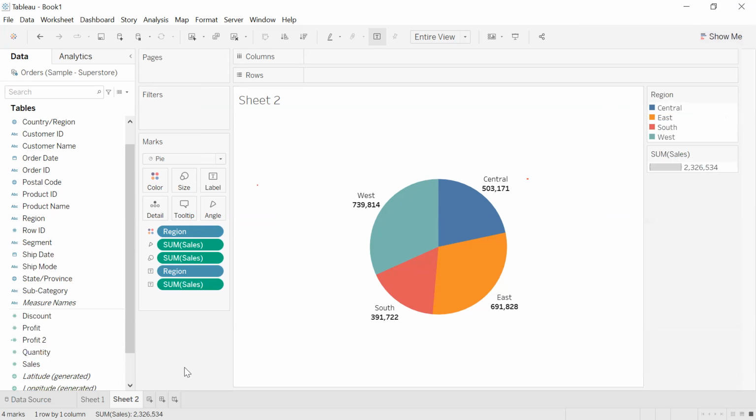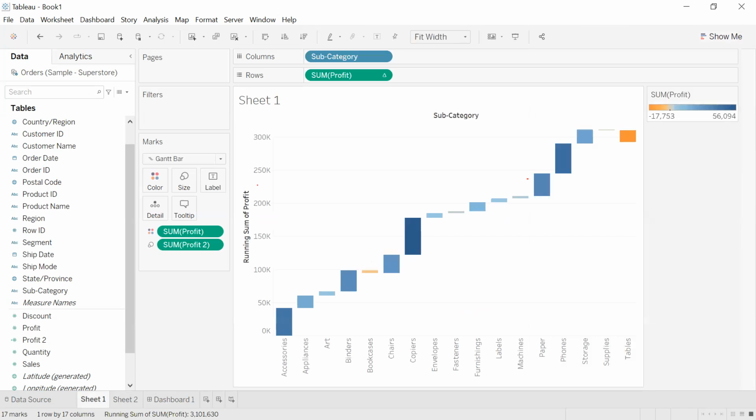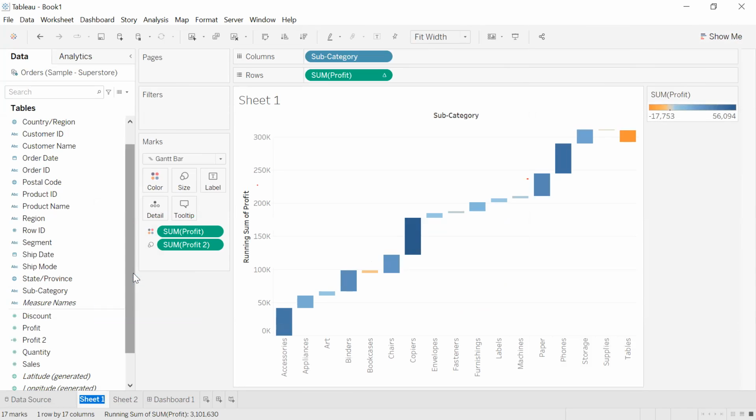Now I created two charts, right? Now I want to create my dashboard with the two charts. I'll click on this new dashboard. What are the sheets we have, you can see it here. You can rename it. Just double click it here and rename it waterfall chart,